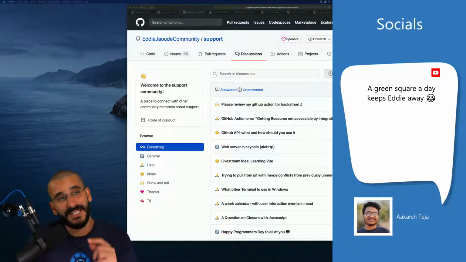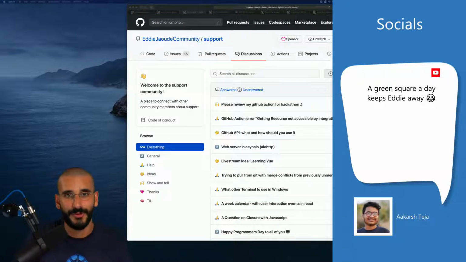And Eddie bot, actually, if you add in our Discord, if you add the open source role to you, Discord bot at 2 p.m. UK time will ping you and say contribute to open source. So yes, definitely look into that. Check out the link and let me know if you find any steps confusing.